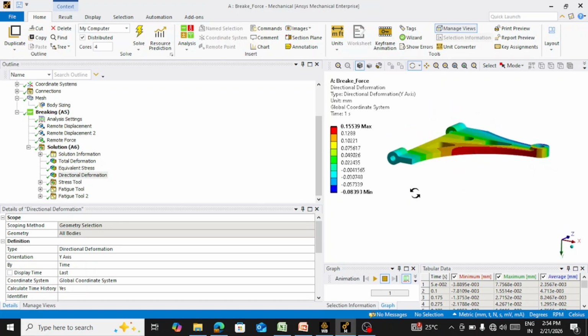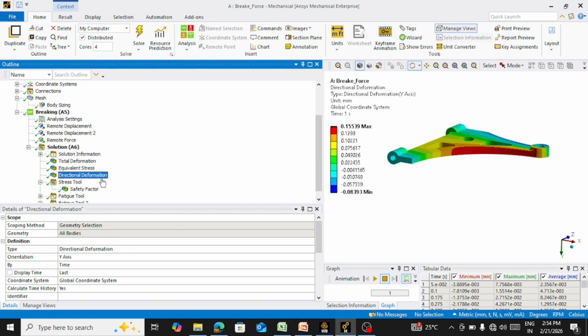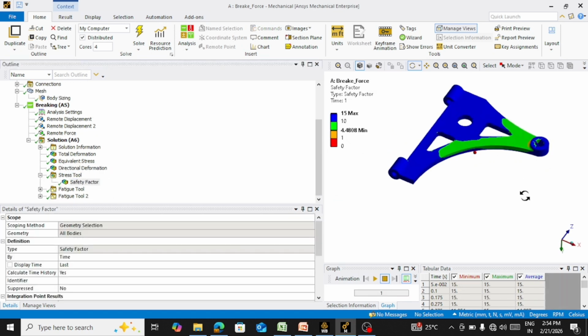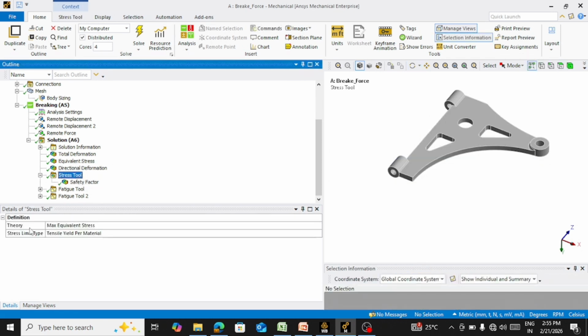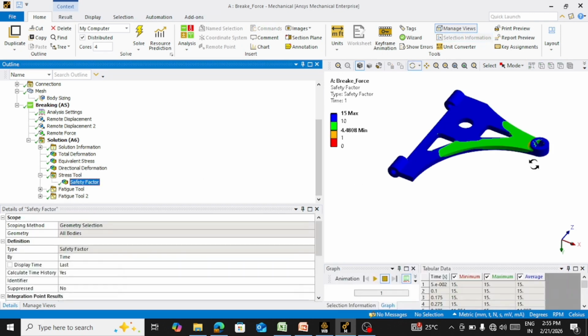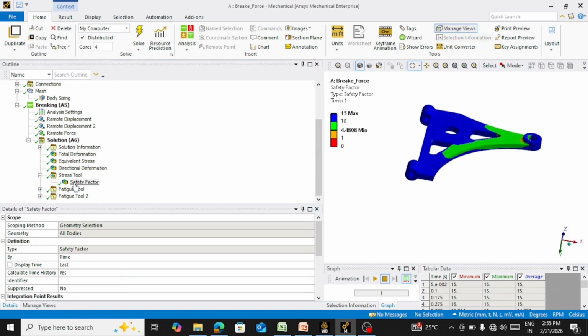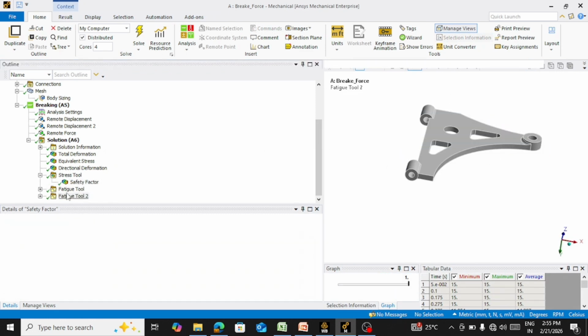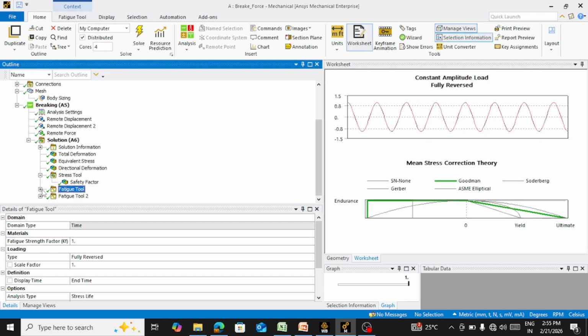Now we can also calculate the safety factor. This is the safety factor based on the maximum equivalent stress and the tensile strength, so this is based on the static strength. To calculate the fatigue results, we have the fatigue tool in ANSYS, and in the fatigue tool we can define